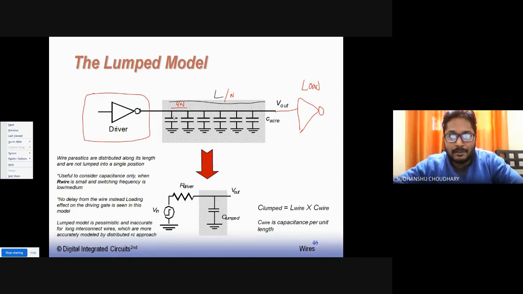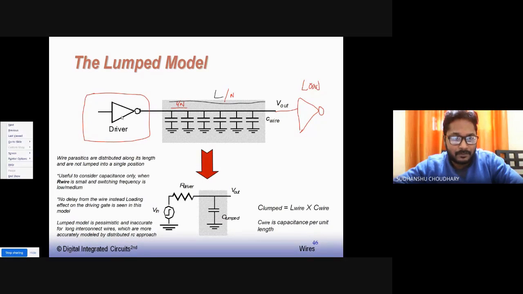And let's say the resistance of the wire is negligible, so a capacitance-only model is considered here for the wire. This wire actually represents a load for this driver. Apart from this load, this wire also appears as a load for this driver. Okay? And there will be no delay from this wire, because we are considering no resistance since it's a small wire. The capacitance-only model has no delay, so it will not represent any delay, but it will represent a load to